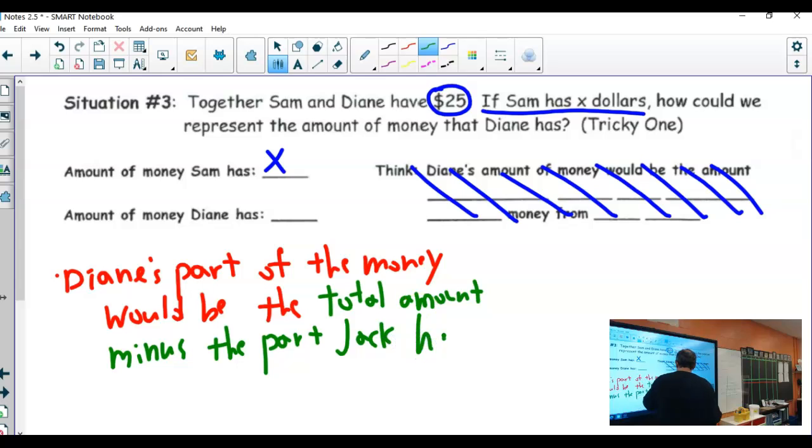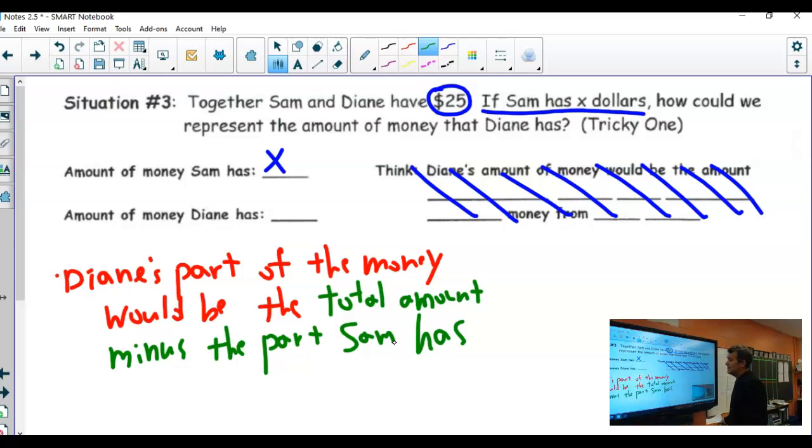Jack has. Oops, not Jack. I keep thinking Jack and Diane. What I really mean is Sam and Diane. Both are famous couples. I'll bet your parents would know who Jack and Diane and Sam and Diane are. All right. Anyway,